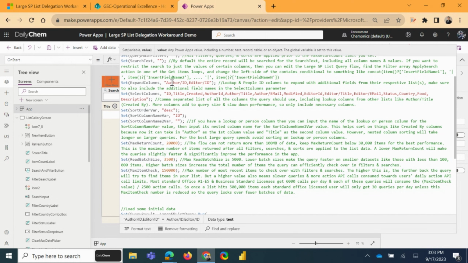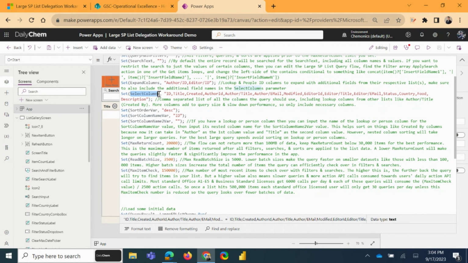So basically, if you have a lookup column in your list with a relationship to another list and you want to use fields from that related list, then you need to include the SharePoint name for the main lookup column, followed by a forward slash and ID for the ID of that lookup column. And including that signifies to the rest of the query that we want to include that lookup column and its potential related fields in the selection of all the columns to return, which leads us to this select columns piece,